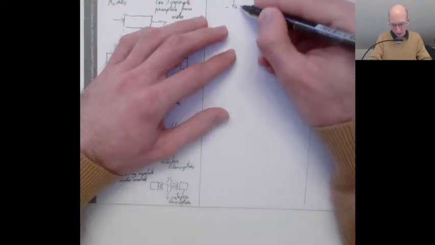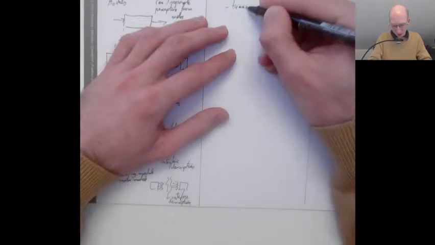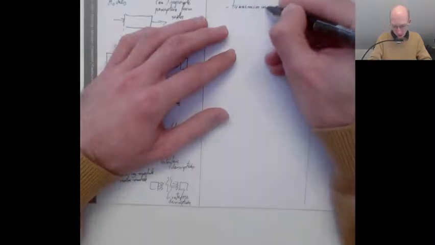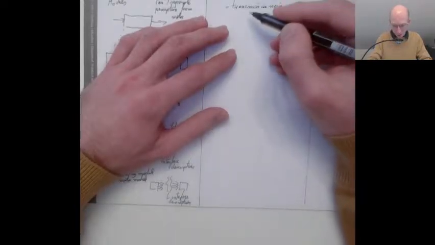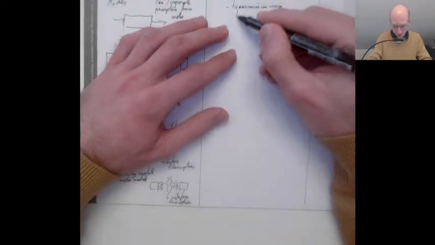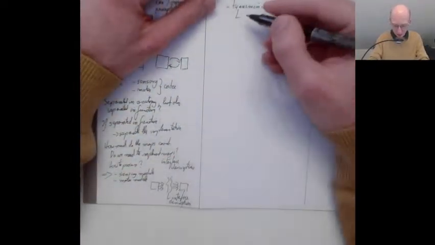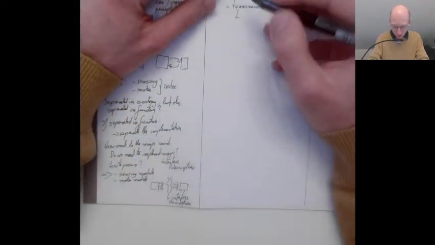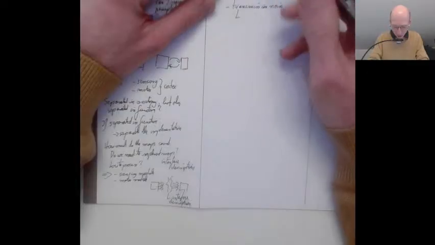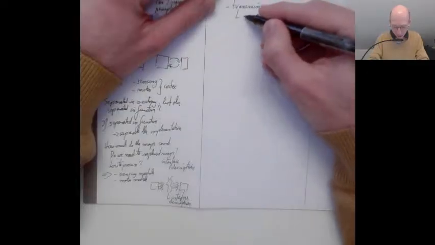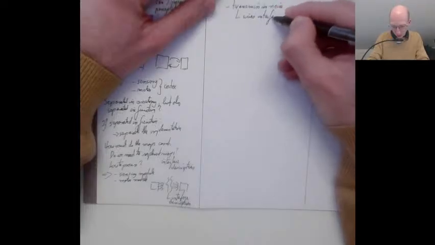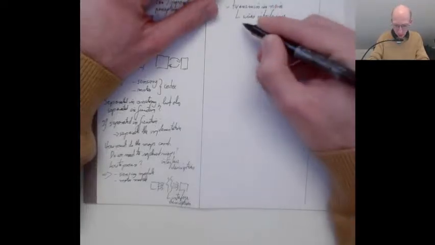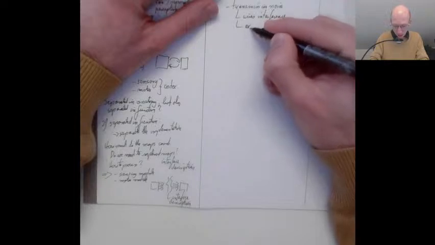Let's do it like this, transmission noise. What's transmission noise? Transmission noise means that our wires have some interference. But what are our wires? Our wires in this case are axons,